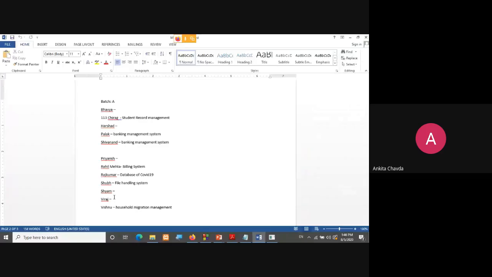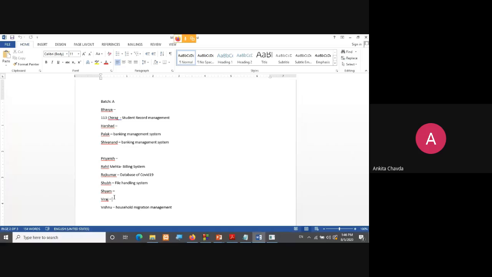But then which OOP principles will be used in that? Because you have to use OOP principles, that is for sure. So that is not OOP principles, dears. I'm talking about OOP principles, meaning you are using abstraction, class, object. Yeah, obviously class and object will be there and file handling will be there.